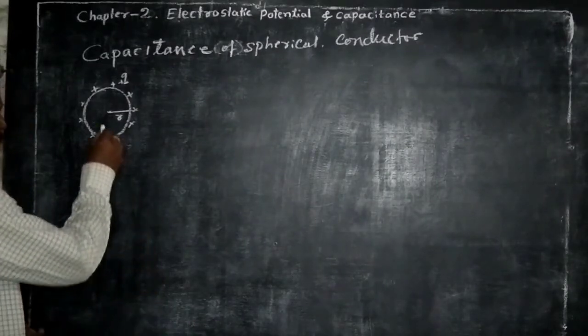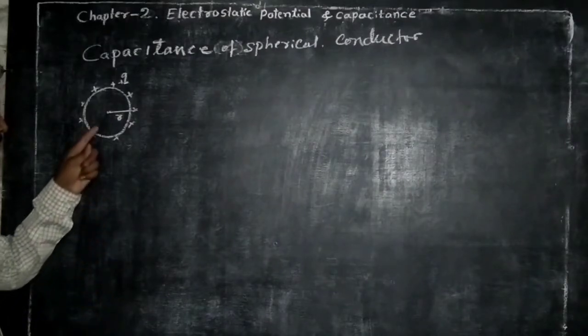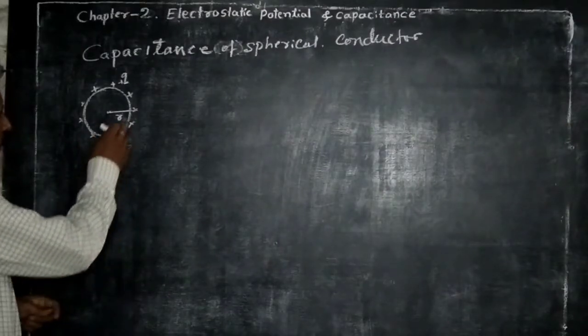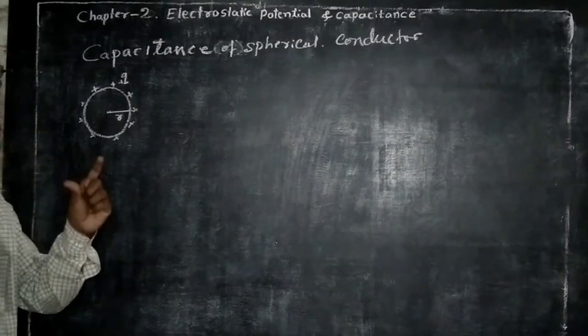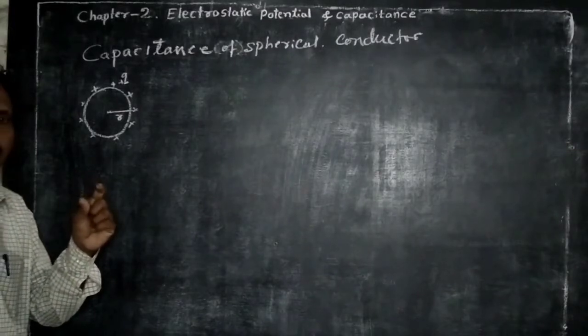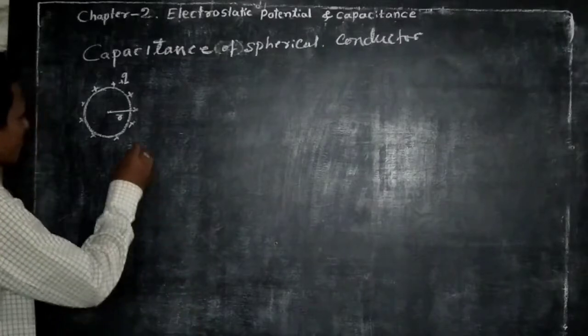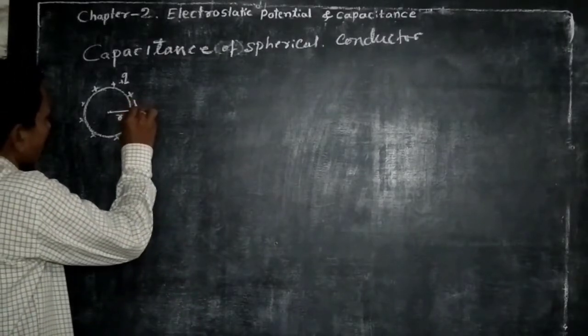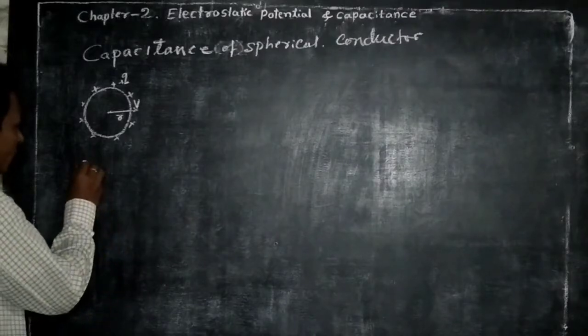In case of a spherical conductor, potential at any point on the surface is equal to the potential at a point due to a point charge. And if V is the potential on the surface of the conductor, then according to the definition,